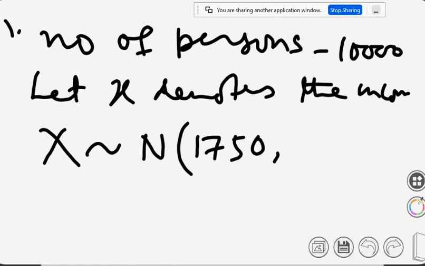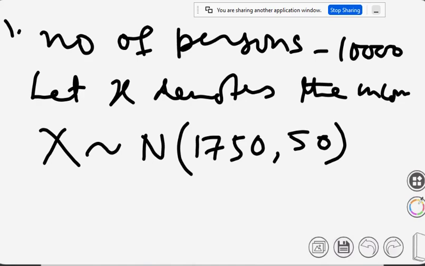So X follows the normal distribution with mean 1750 and standard deviation 50. So that in this group 95% had income exceeding 1668 and only 5% had income exceeding